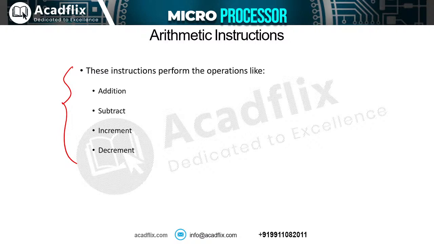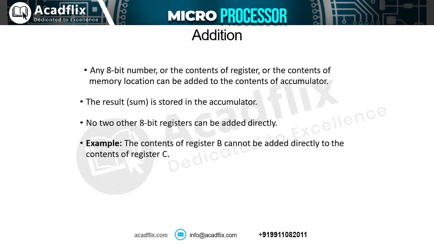Otherwise, we will see the next category of instructions, that is addition, subtraction, increment and decrement. Multiplication and division are not supported by the 8085 microprocessor. You can perform only addition, subtraction, increment and decrement. These are the arithmetic instructions. Addition will simply add two values. It will simply add the values of two registers, and finally the result will be stored in the accumulator. Your flag register will also be affected by the addition.